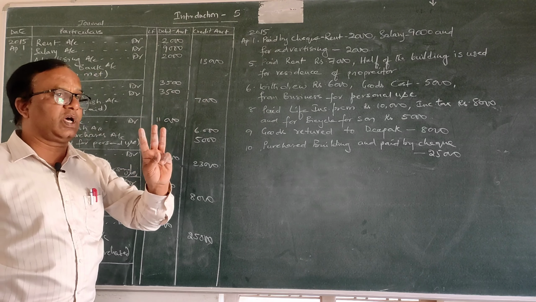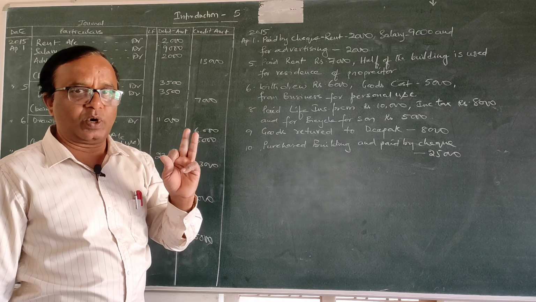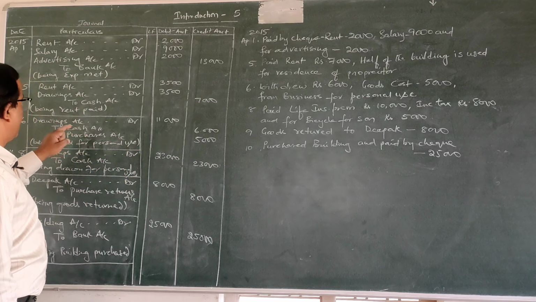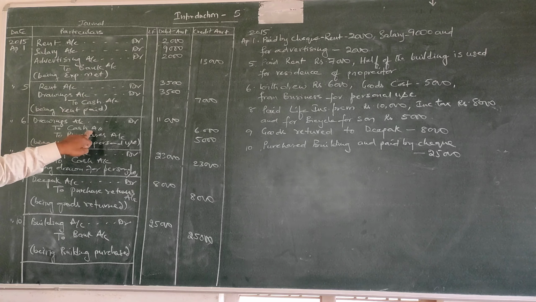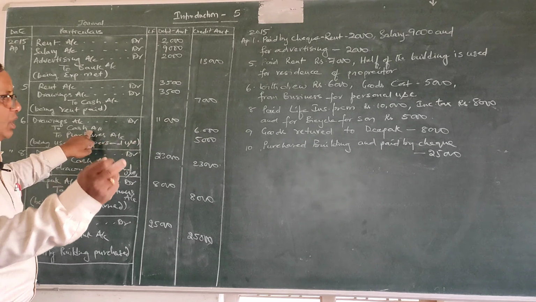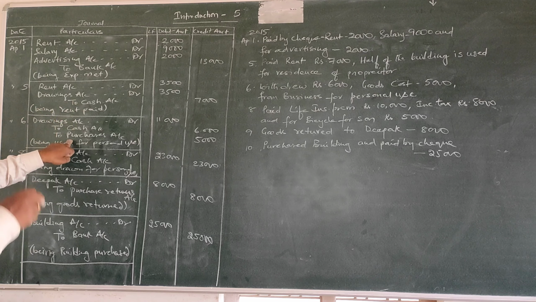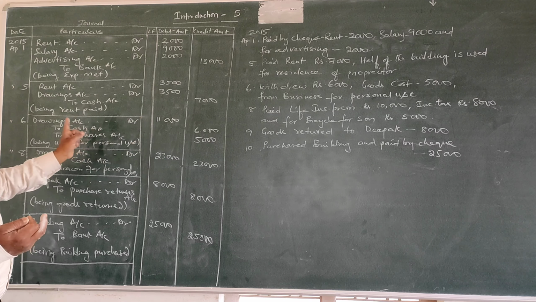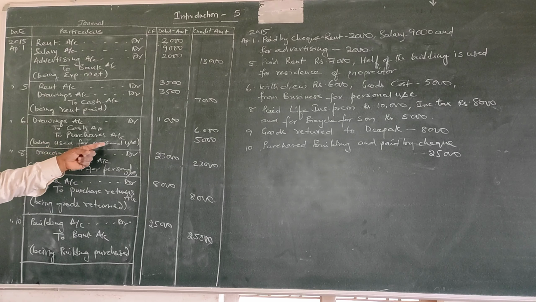So the three accounts affected: one is drawings account. Drawings account represents the proprietor. It is a personal account, debit the receiver. So when the proprietor is withdrawing this, he is receiving it. So drawings account we are going to debit here. Cash has been withdrawn. From the business point of view, cash is the real account, credit what goes out. So 6000 we have credited. Then again, goods have gone out of the business when the proprietor has withdrawn. So purchases account has to be credited there. So our entry will be drawings account debit to cash, to purchases, being used for personal use.